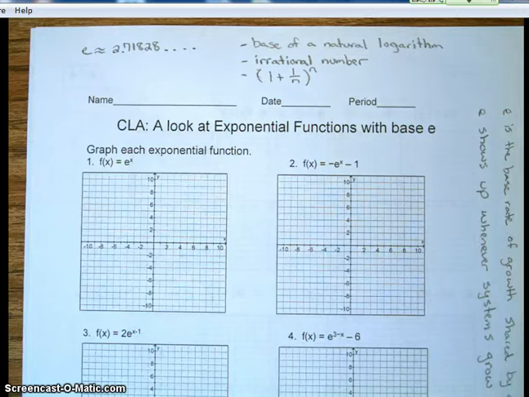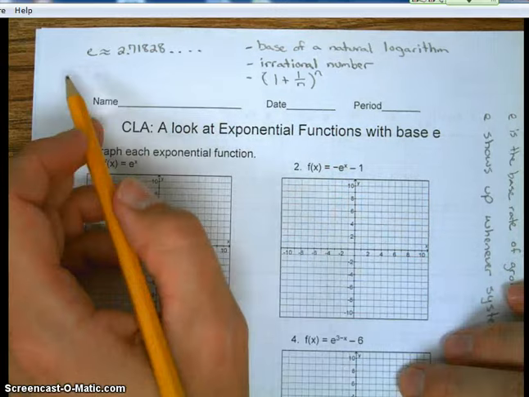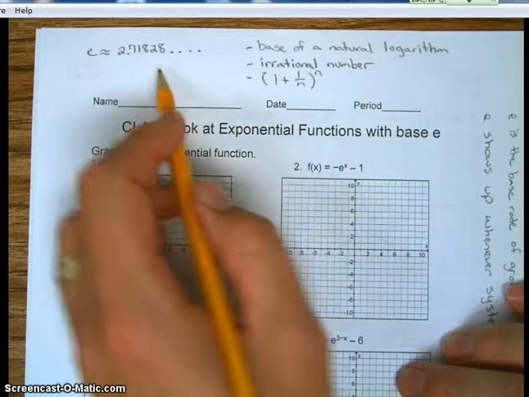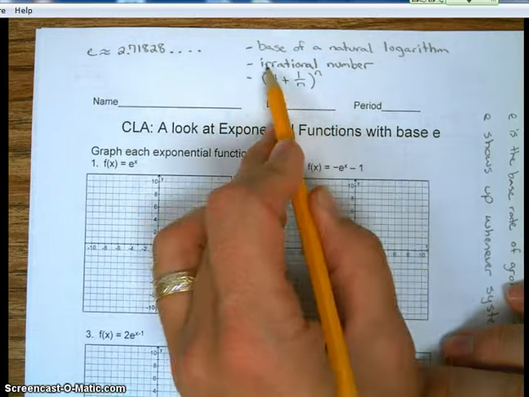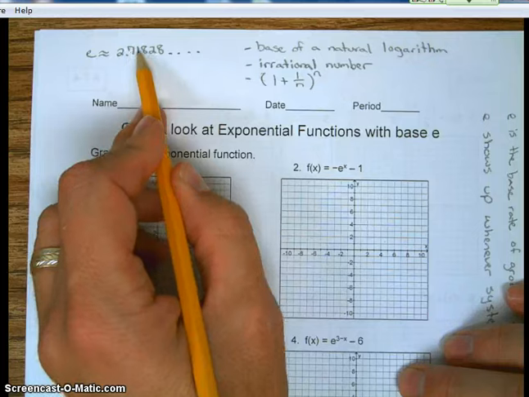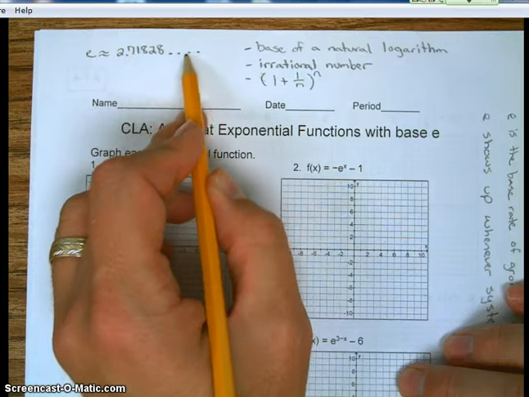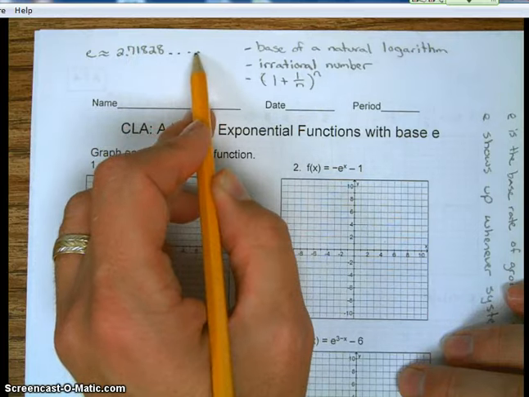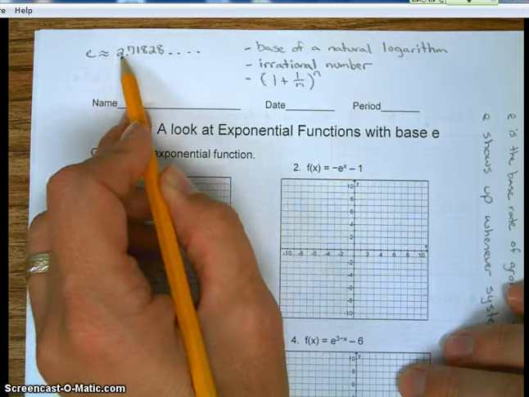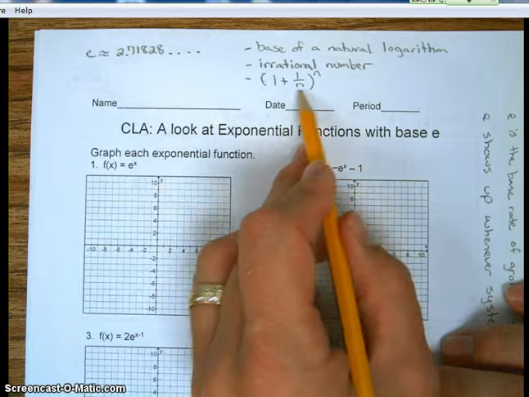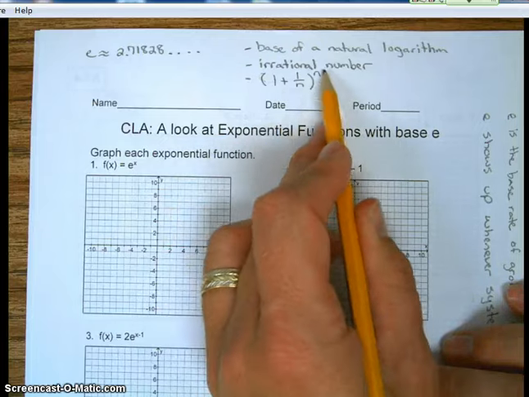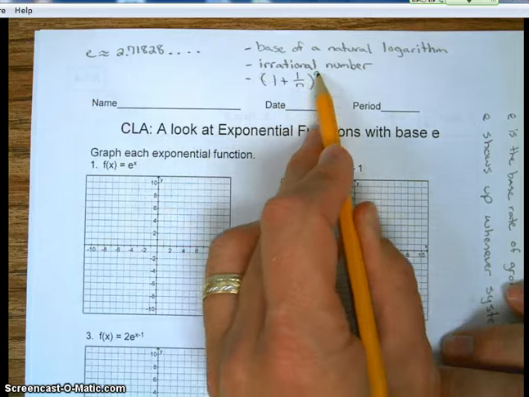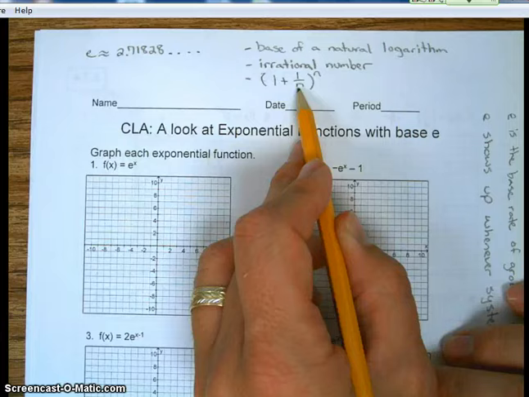Hi class. Tonight we're going to talk about the letter E, epsilon. It represents a number, an irrational number, okay? It's 2.71828 and it continues going on forever. And to calculate the letter E, you can use this little expression here where, as n gets larger, you